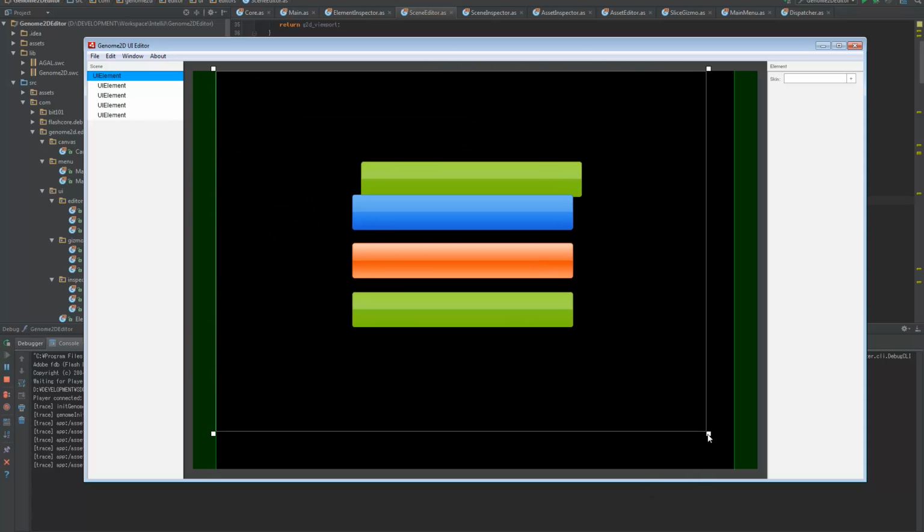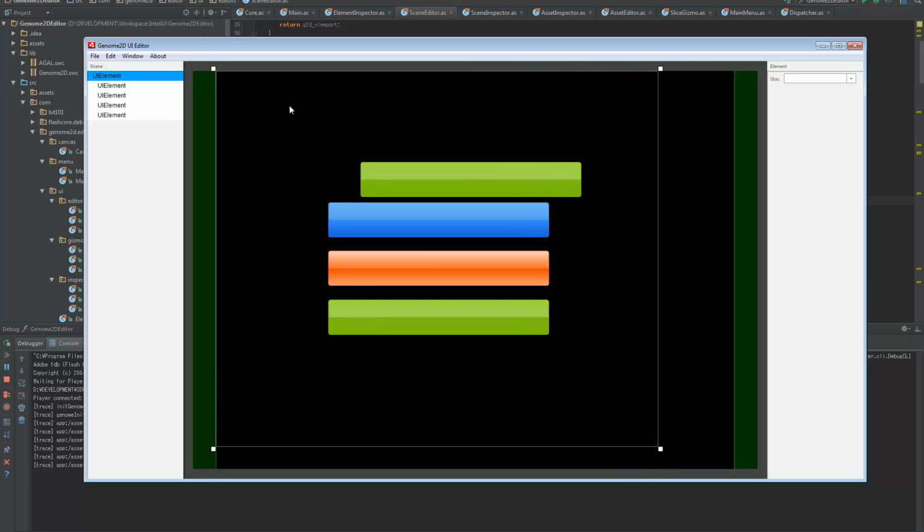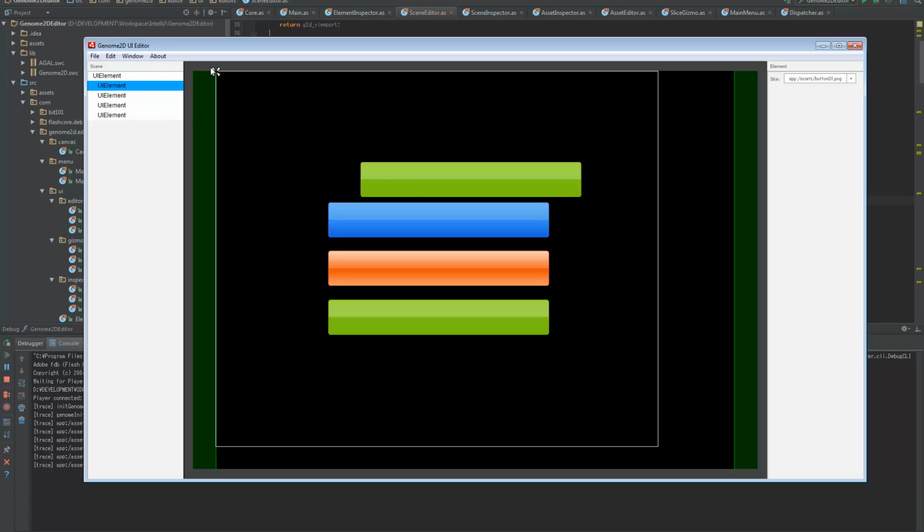So these are in the middle. If we check the anchor for those, they are the same, but this has the anchor here. So this guy